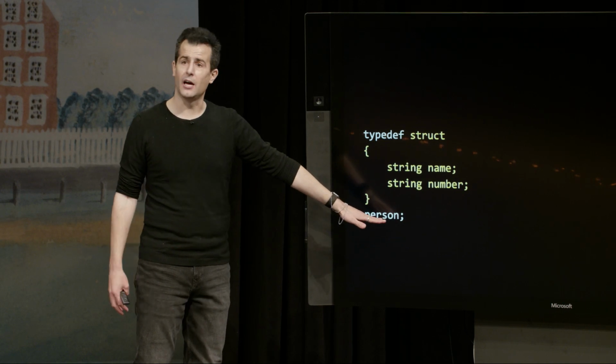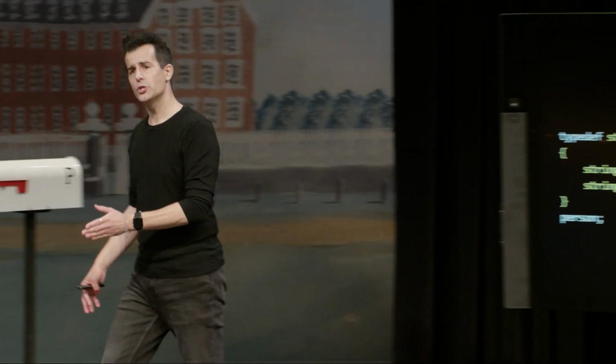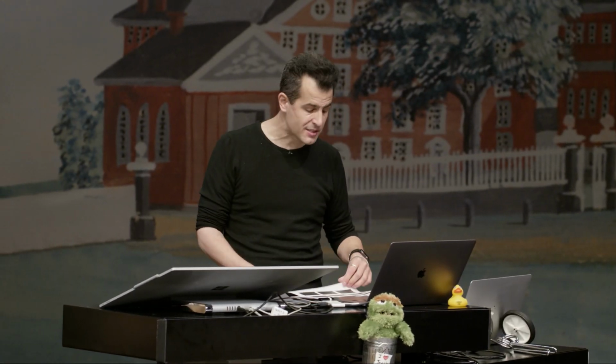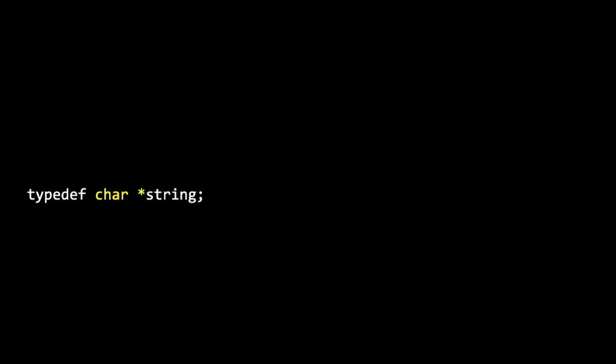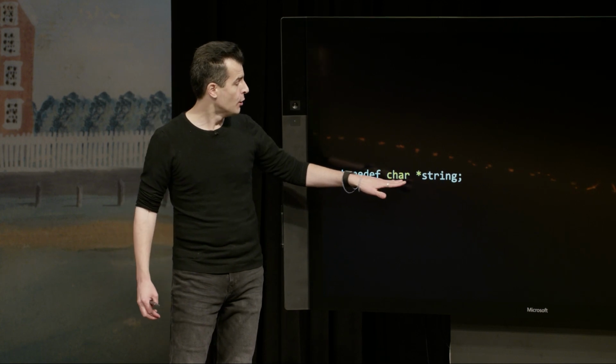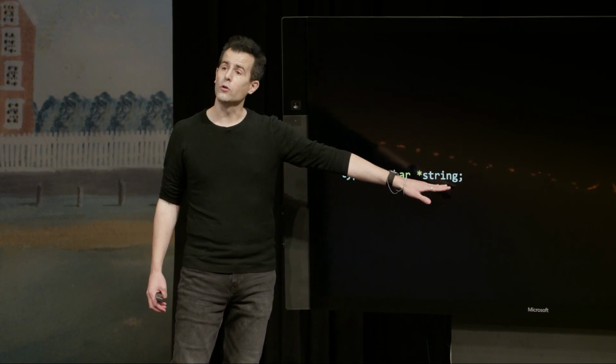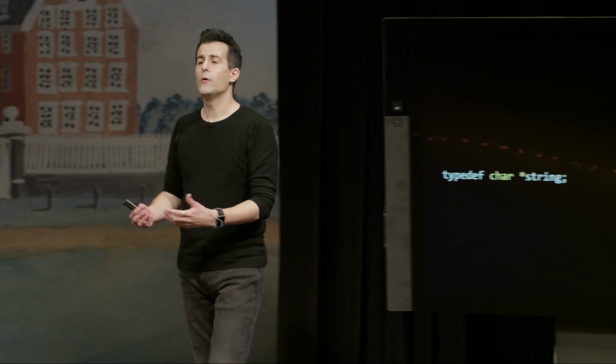And the name of that type last week was just person. So we have been sort of secretly using since the first week of C in the class a line of code that actually looks like this. And this is indeed one of the lines of code inside of cs50.h. It says typedef, which means give me a custom type, and it creates a synonym for char star called string. And it's just a way where we can hide the funky char star.